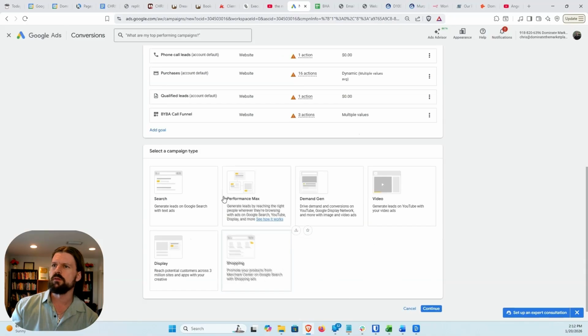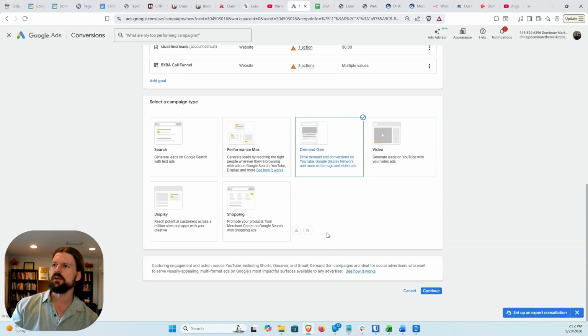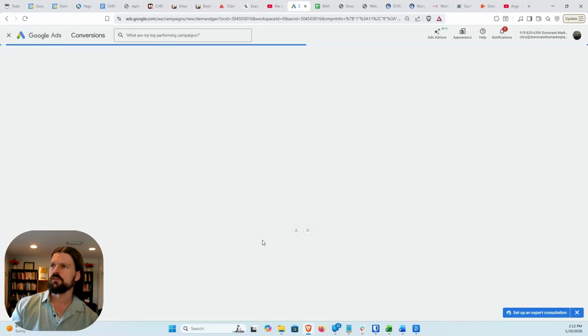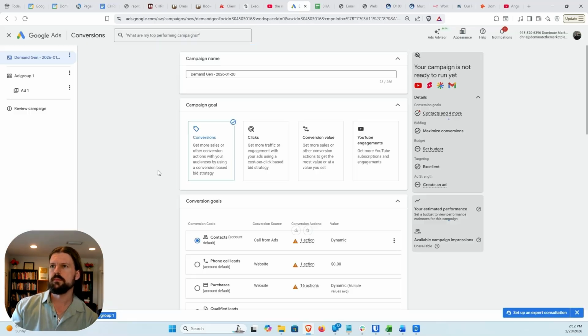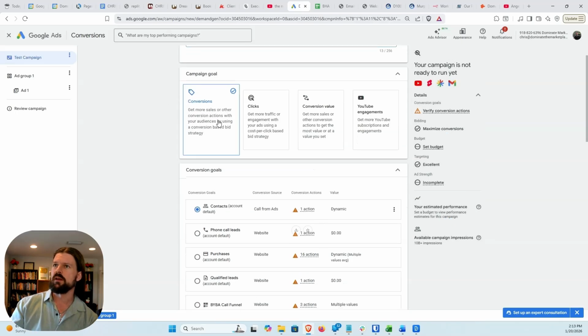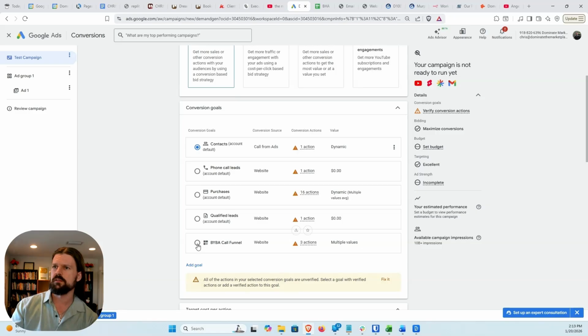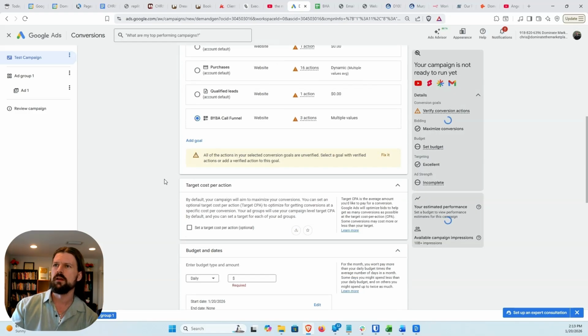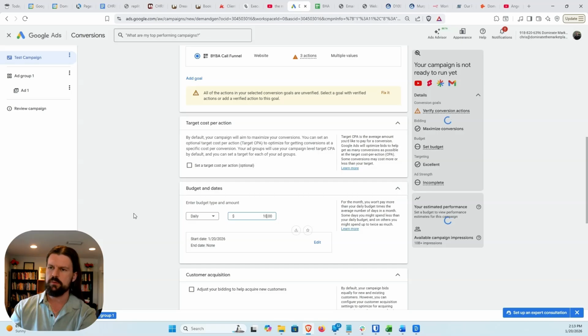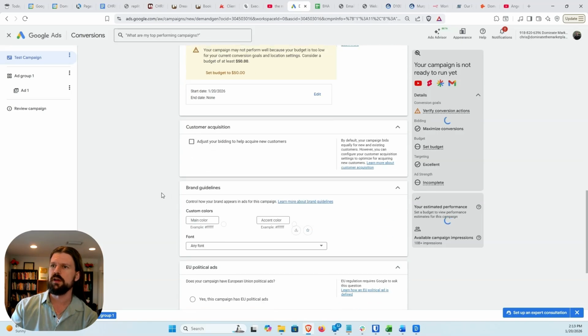I'll hit continue, and then my campaign type is going to be a demand gen. This is what YouTube ads are under these days. I'll hit continue, start new, and then give it a name, just something that I can remember. And then I'm going to optimize for conversions. I'm going to select the conversion set that I'm interested in, and that's just the conversions that I've defined as my goal. So I want a lead, I want a booked call, I want a sale, etc. I'm going to put my daily budget, whatever that is, however much I want to spend per day,